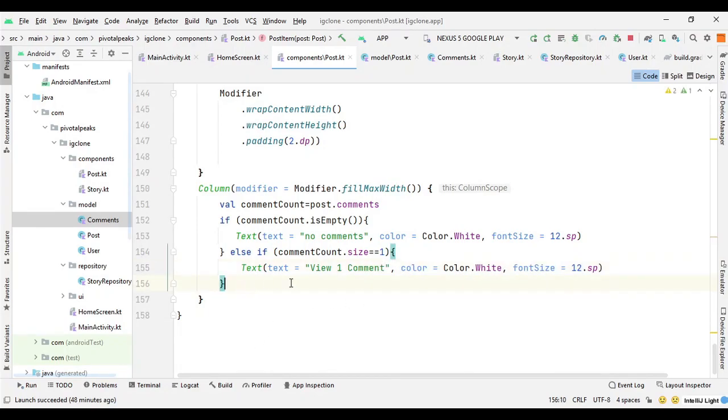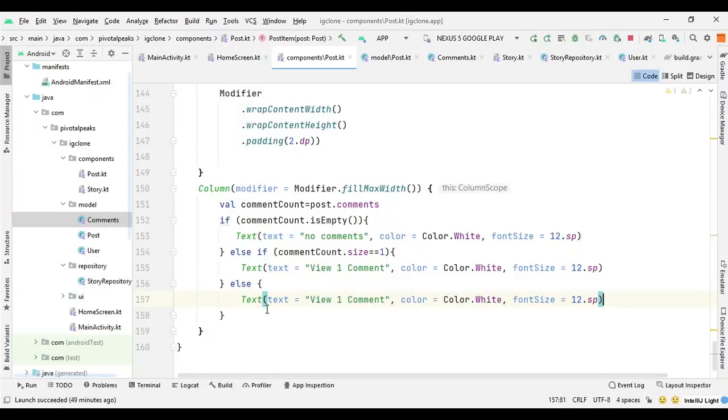and then we can make another else, and here we will just say, so this one is for more than one comment, so here we will just say view all, and then we can run a Kotlin function, or we can just count the size of all the comments, so we can just say comment count dot size, so it will count all the size and print it.